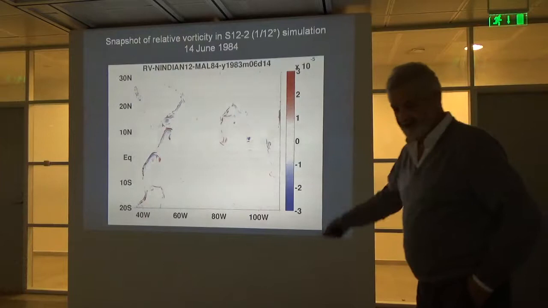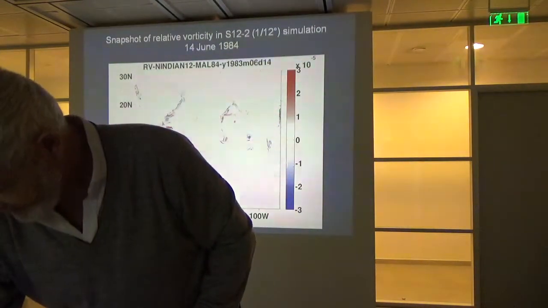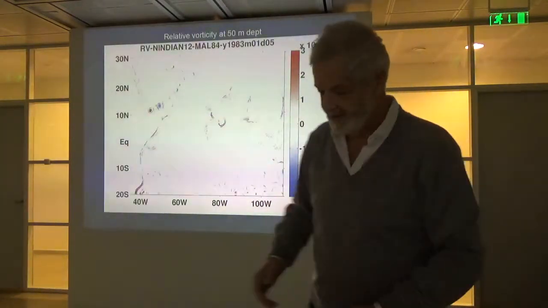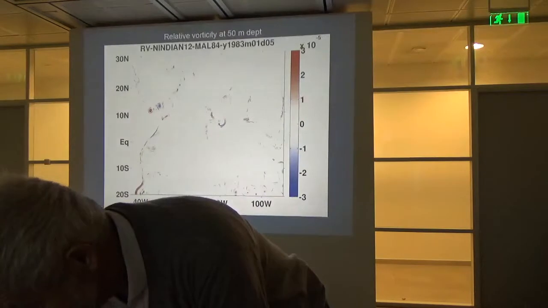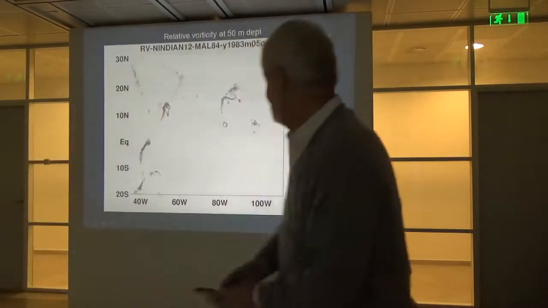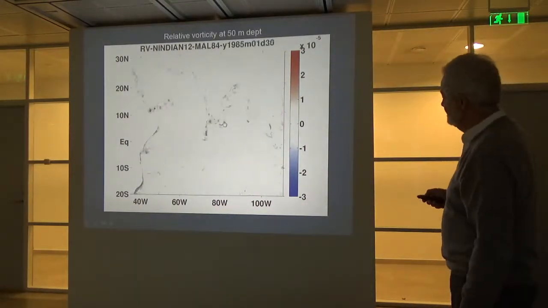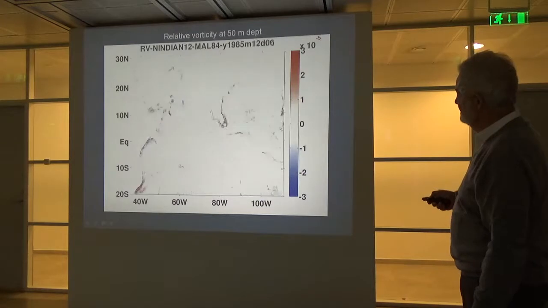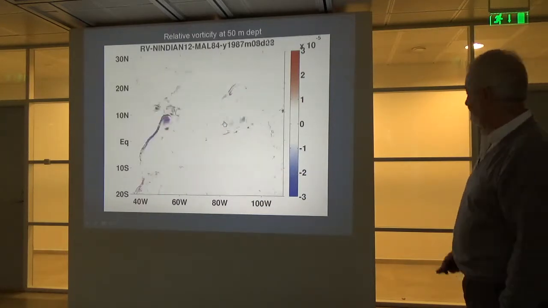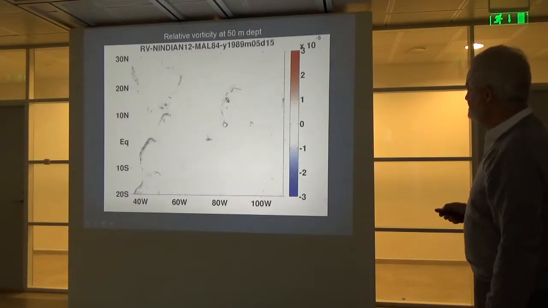So I have a movie that is showing how this goes, and I'll try to show it. I'll take a chance. Okay, so it's going fast. Okay, there are several years. But you see that the Southern Gyre is moving very fast and colliding very often with the Great Whirl. And of course, if you look at them, there are plenty of Rossby waves and everything. So we checked